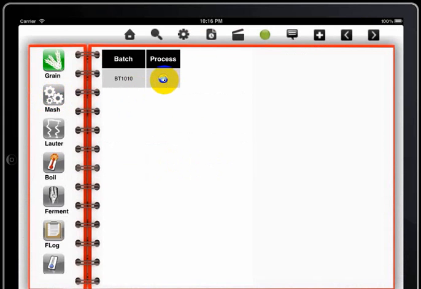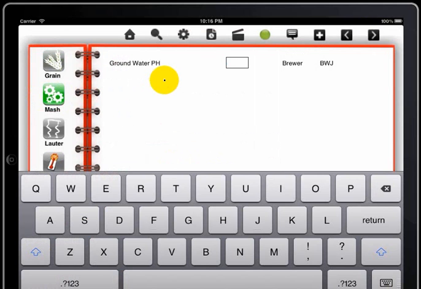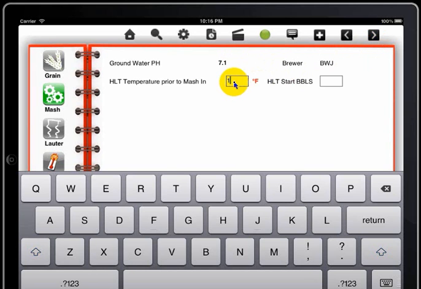So let's click on process here, and enter the values that are red, such as groundwater pH. The name of the brewer is captured based upon who is logged in at this time. And you can write the temperature prior to mash in, start barrels, click next, add your calcium chloride, barrels are supposed to go in,